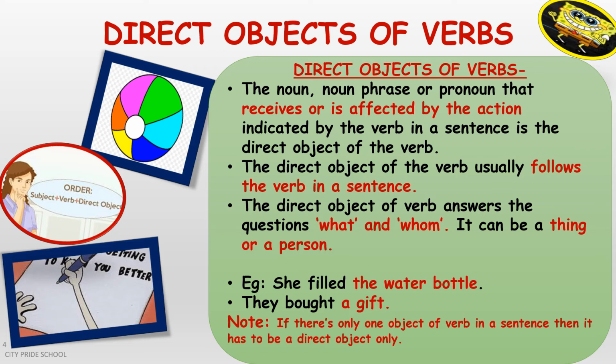There is one more trick and a simple funda that will help you to understand whether an object is a direct object or an indirect object. In a sentence, first you have to identify the object, and then you ask the subject and the verb of that sentence a question, what or whom. If you get that object as your answer, then it is your direct object.